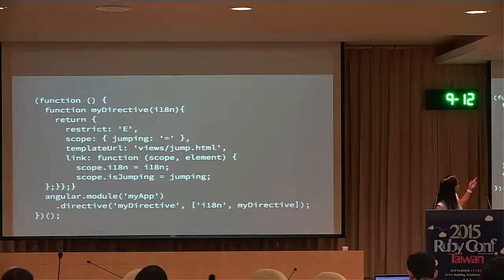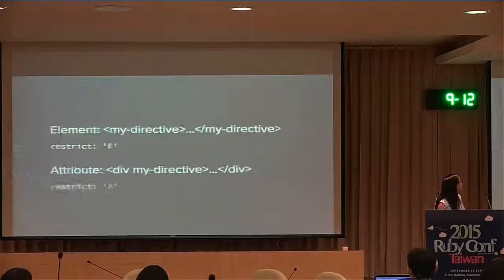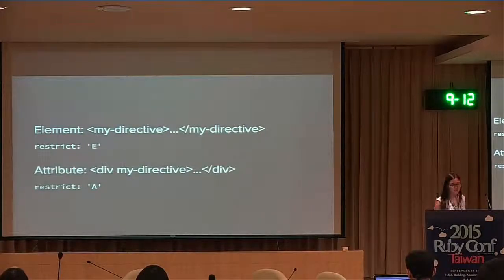Then we've got restrict, which is over here. If you look at the docs, it seems really overwhelming. There's restrict E and A and C. Nobody ever uses C, don't use C. People do use E and A. If you use E, you call it like my directive in the HTML, and it's a completely new element, so E stands for element. If you use A, you still use an actual HTML element, but use the attribute feature. And you can say restrict EA, and it could use either. We end up not using that.